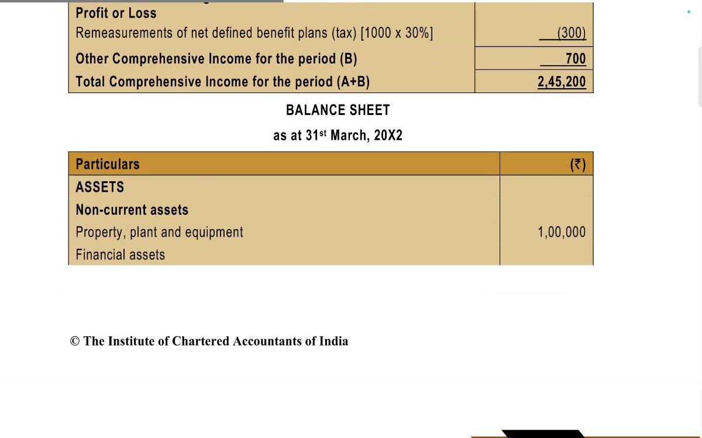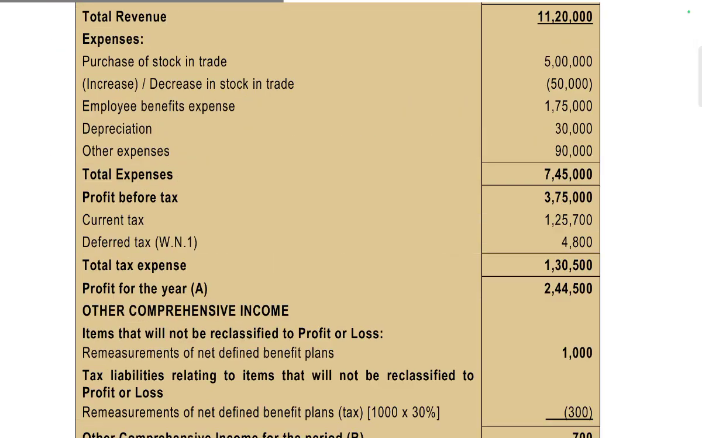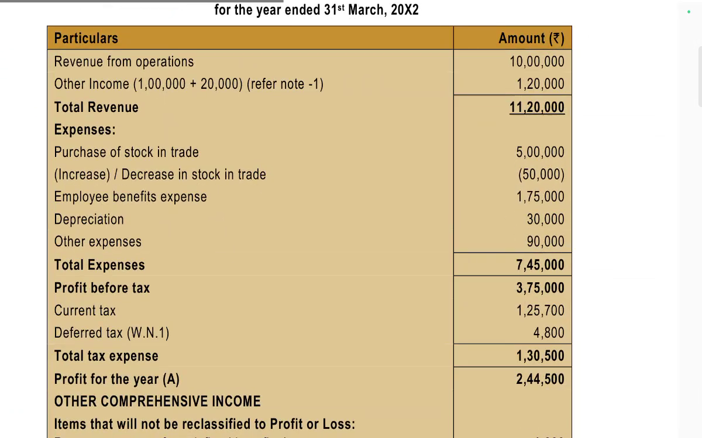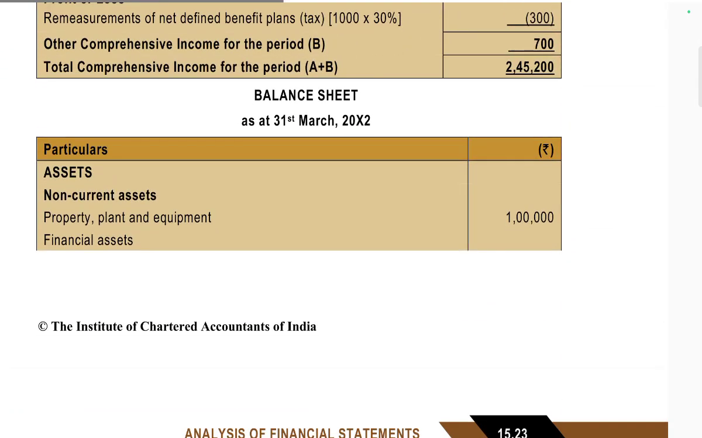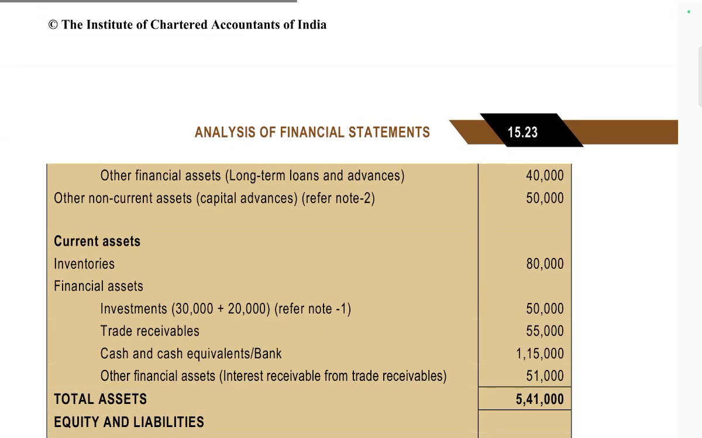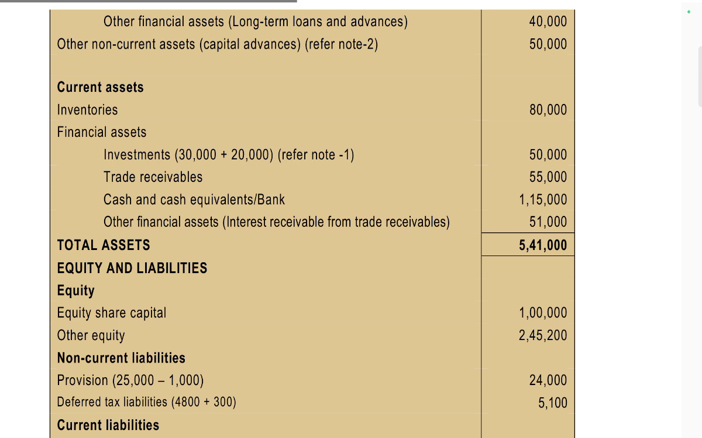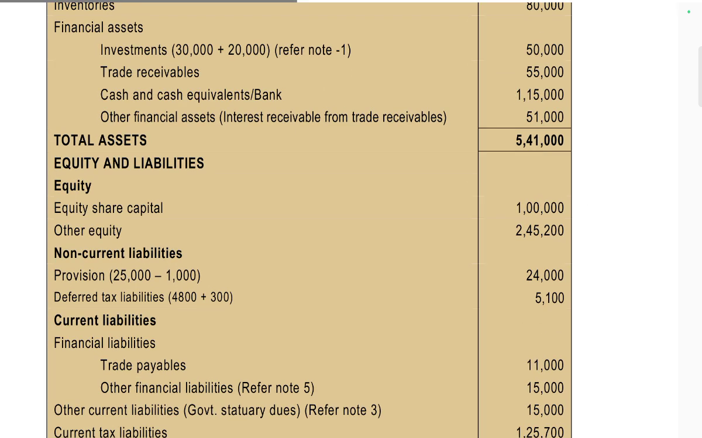Balance sheet as of 31st March. Assets: non-current assets, plant and property 1 lakh; financial assets, other financial assets, long-term loans and invested equity; other non-current assets, capital advances 50,000. Current assets: inventory 80,000; financial assets, investment 30,000 plus 20,000, 50,000; trade receivable 50,000; cash and cash equivalents 1,15,000; other financial assets, interest receivable from trade